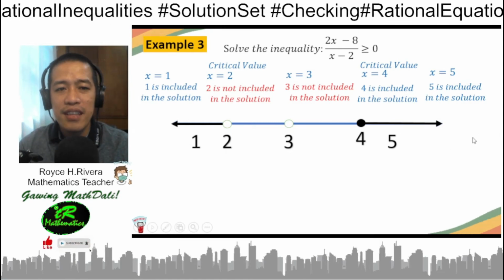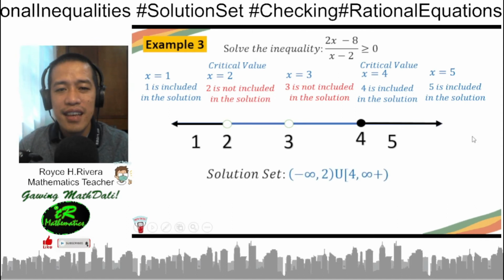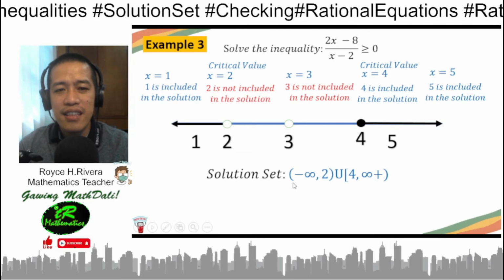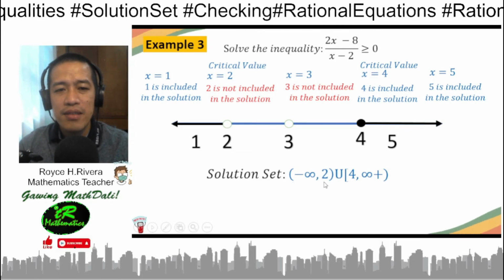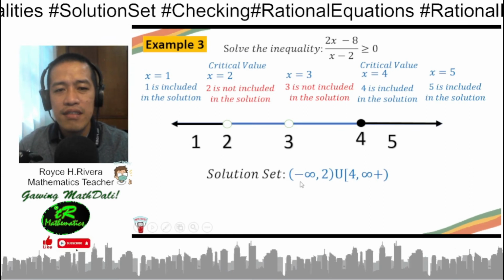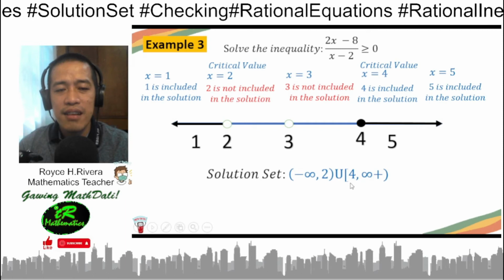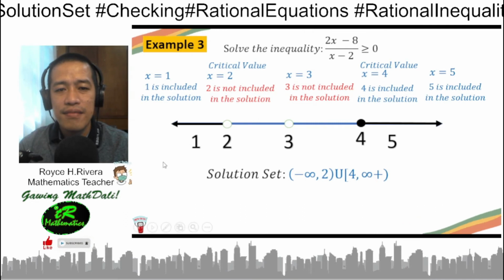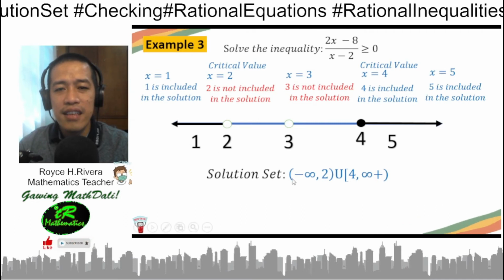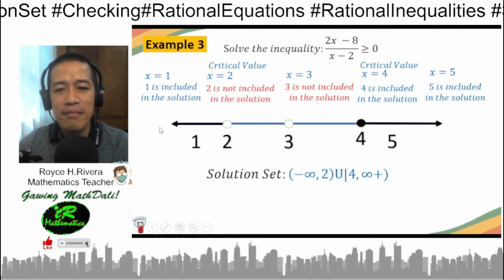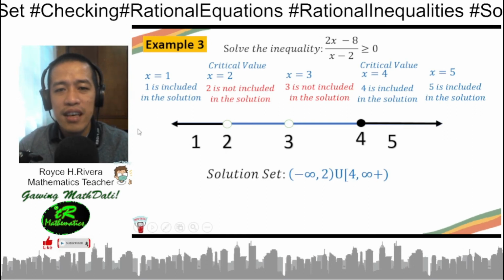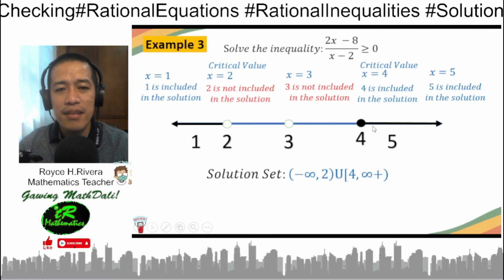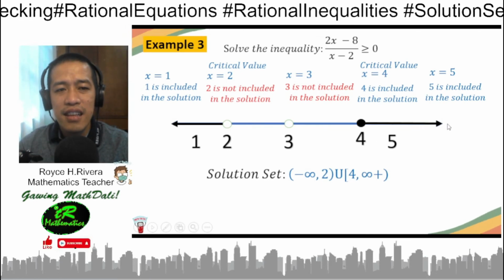To write the solution set, we will use set notation. Ganito siya isulat. Solution set is the set of numbers to the left of 2 union the set of numbers from 4 and to the right of 4. Negative infinity representing all the numbers less than 2 extending infinitely. Positive infinity representing all numbers greater than 4